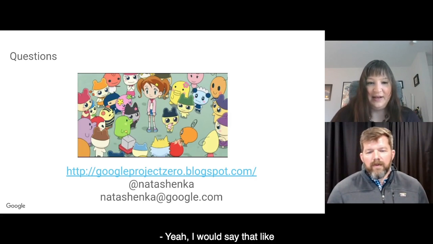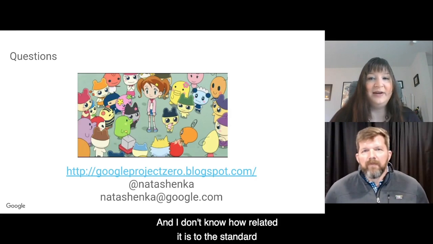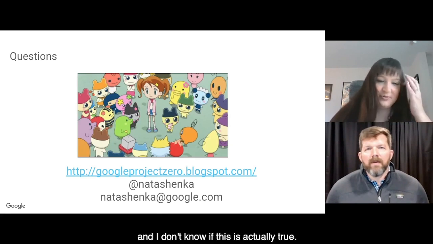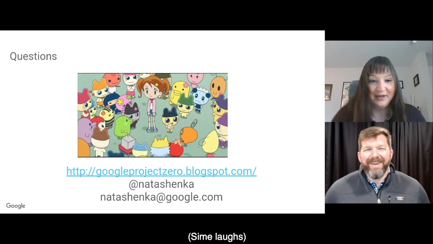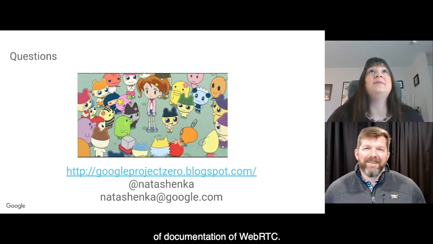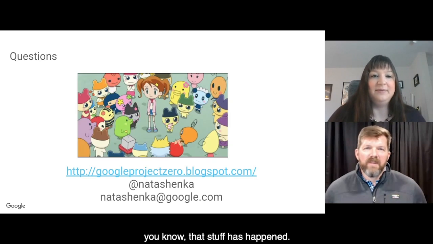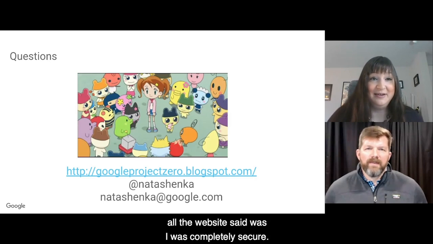I would say that that is something that concerns me a lot. And I don't know how related it is to the standard, because I kind of got the impression, and I don't know if this is actually true, that WebRTC was written and then the standard was written later. But I would say I'm very concerned about the state of documentation of WebRTC. And there's been a few situations where bad stuff has happened. For example, I always talk about when I started looking at WebRTC security, all that the website said was that it was completely